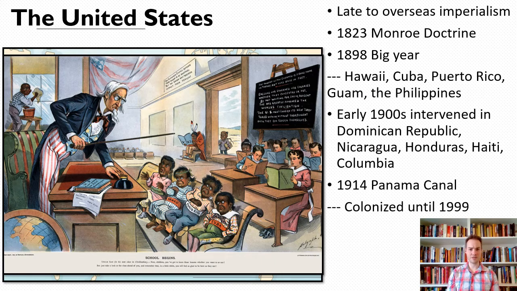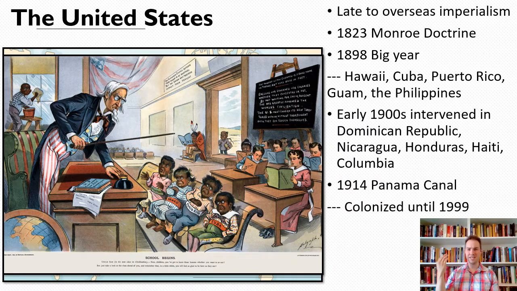And you have this political cartoon. Here's Uncle Sam in school, right? That's Cuba, Puerto Rico, Guam, and Hawaii up front that he's teaching. And then in the back, you have places like New Mexico and Arizona. So this shows how this political cartoonist was thinking about newly added American territories: some were a little bit older and a little bit more American. And then you had these new territories where the kids are darker and less well behaved and stuff like this.